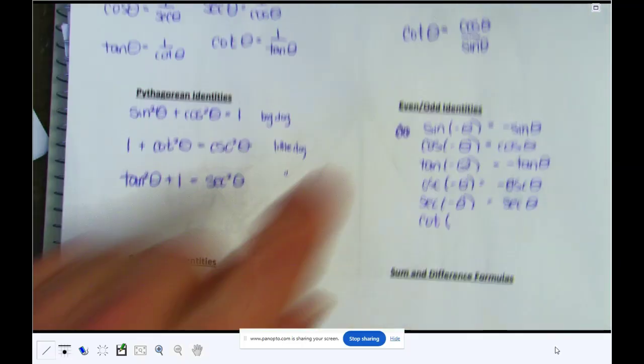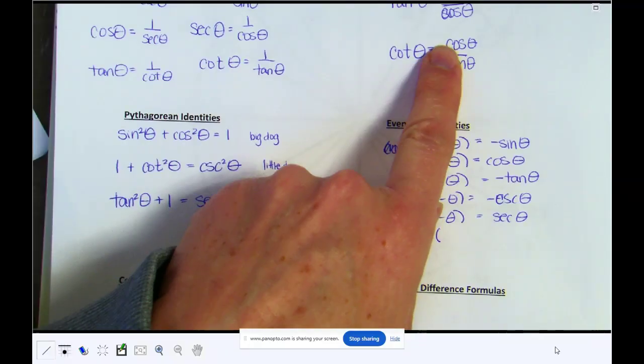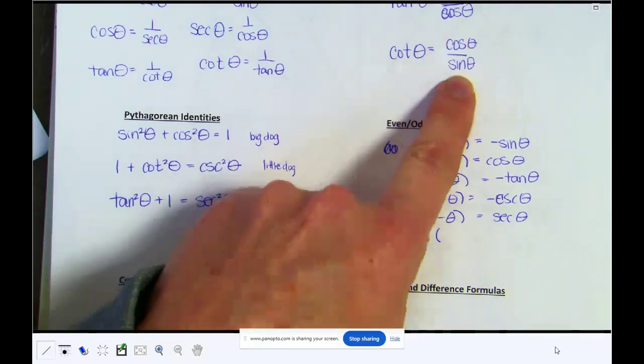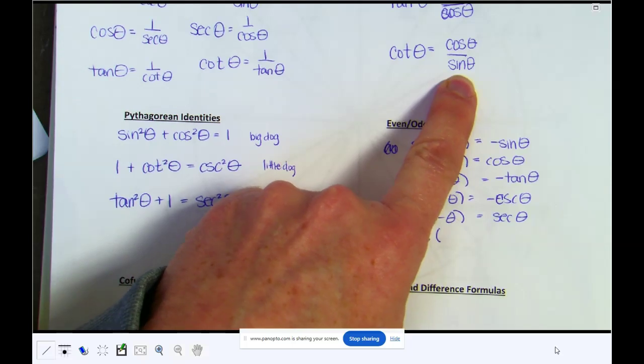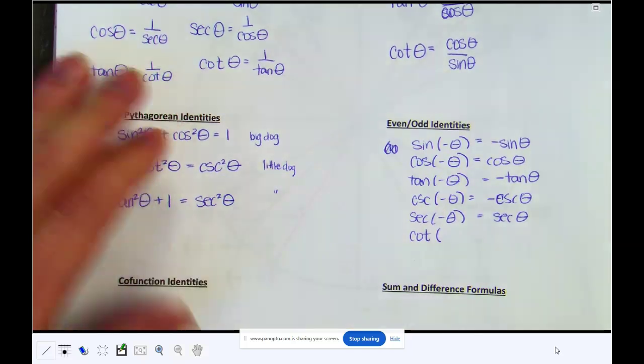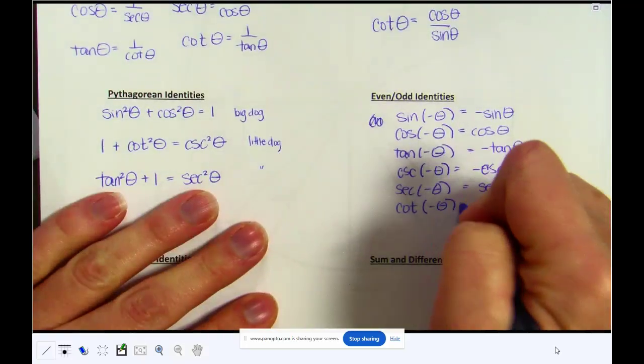And then cotangent, here you go, here's some logic for you. Cotangent is related to sine and cosine. So because it's related to both of them, it's odd, because it's like a negative divided by positive kind of situation. It's going to have to be a negative. So cotangent is